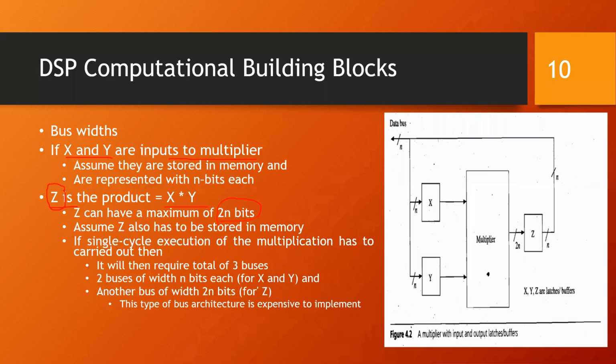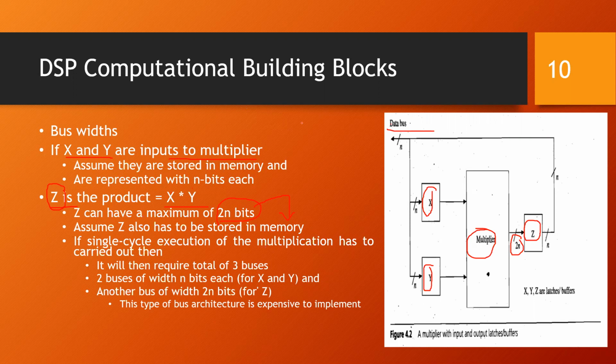Now these 2n bits have to be stored in the memory. So that is what is represented here. So x is n bits, y is n bits. When we give it to the multiplier, it can provide us a maximum of 2n bits. Now this 2n bits also have to go and sit into the memory. Now, what is the problem with this? Whenever you talk of, say, for example, the data bus, generally you don't have different widths of data bus. It is usually a common data bus with common bus width.